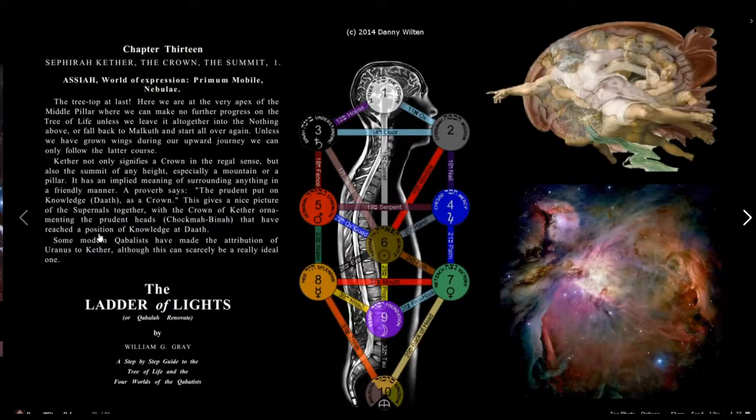It has been implied the meaning surrounding anything in a friendly manner. A proverb says, "The prudent put on the knowledge of Daath as a crown." This gives a nice picture of the supernals together, with the crown of Kether ornamenting the prudent heads, Hokmah Binah, that have reached a position of knowledge at Daath. And then it says some modern Kabbalists have made the attribution of Uranus to Kether, although this can scarcely be a really ideal one. And that's true because the Nebula,